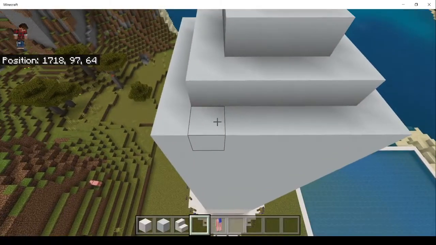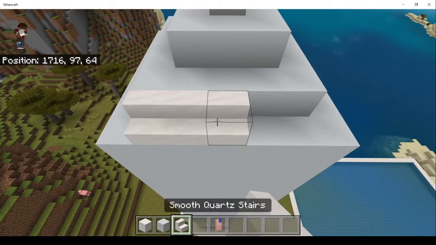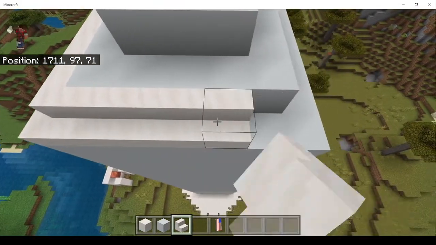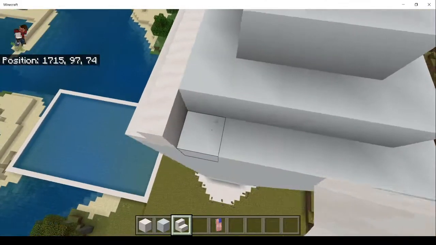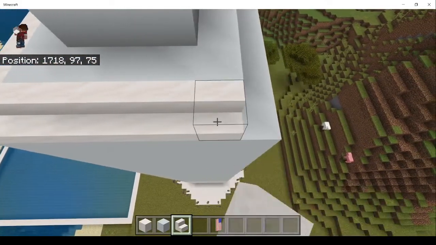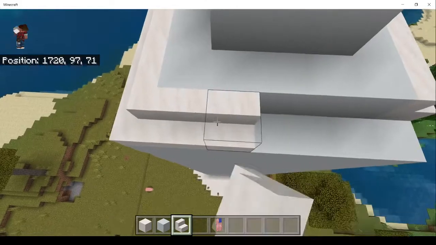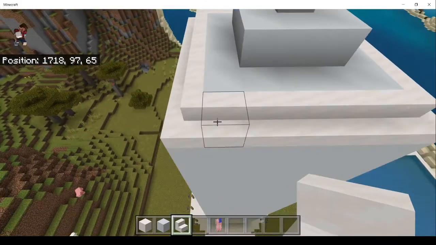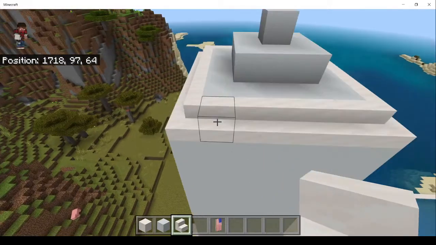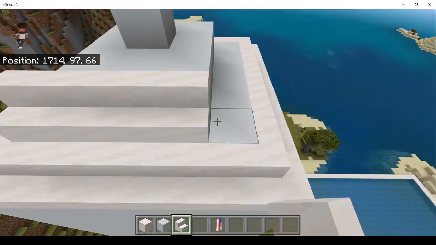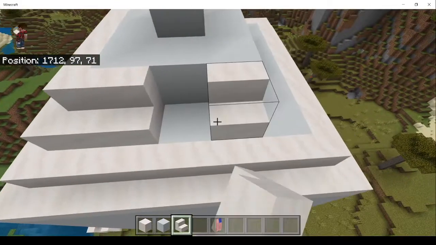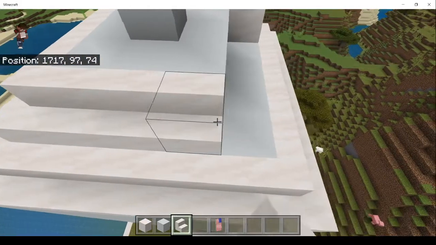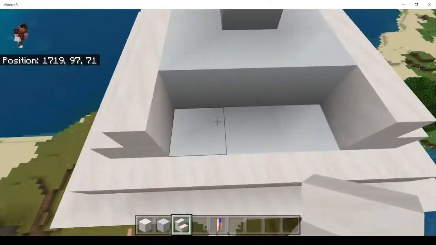Smooth quartz. Unfortunately, there's not concrete stairs, so we're gonna have to do with the polished quartz, the same color as the bottom. The other option would be diorite, which I mean could work, but I mean I am a little bit particular about some things normally, but sometimes it just can't be helped. So